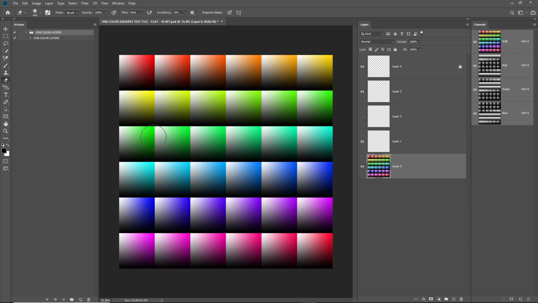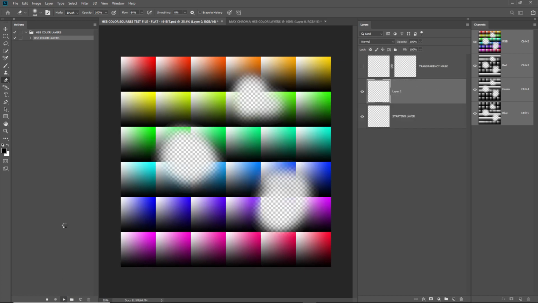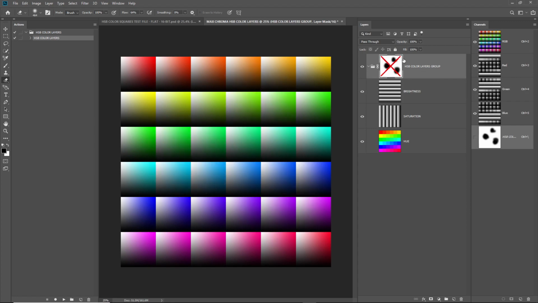Let's go ahead and erase some of this, and we'll go ahead and lock that again. So now I can run this and it won't stop with any locked layers. And it'll also recreate the transparency exactly as it was. So you see now we have a group called HSB Color Layers group. And the transparency mask is now over that whole group. We can turn off the transparency. You can see even under transparency, a lot of information from the original document tends to be retained,